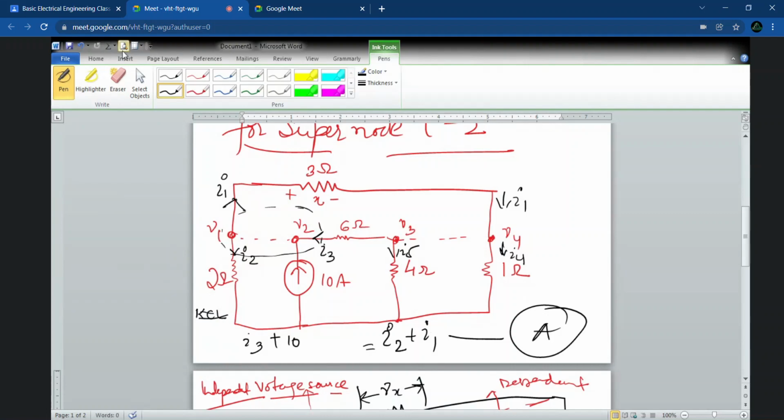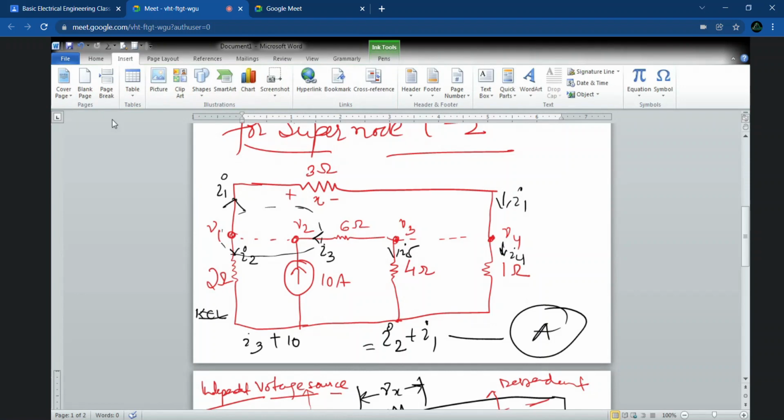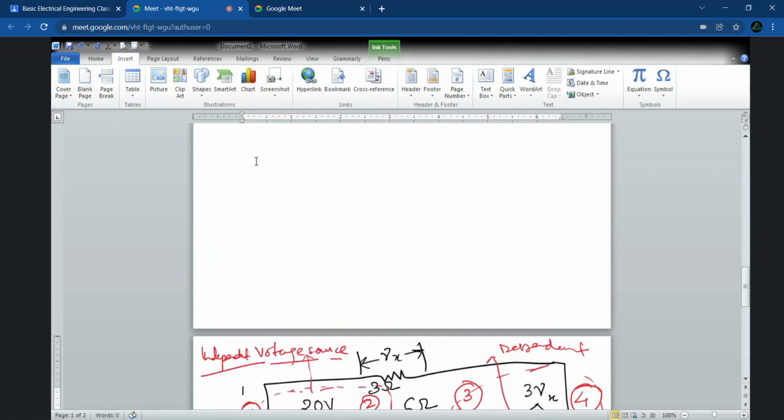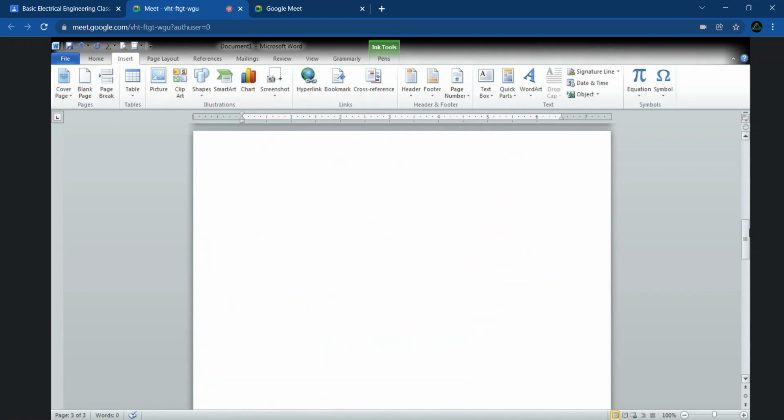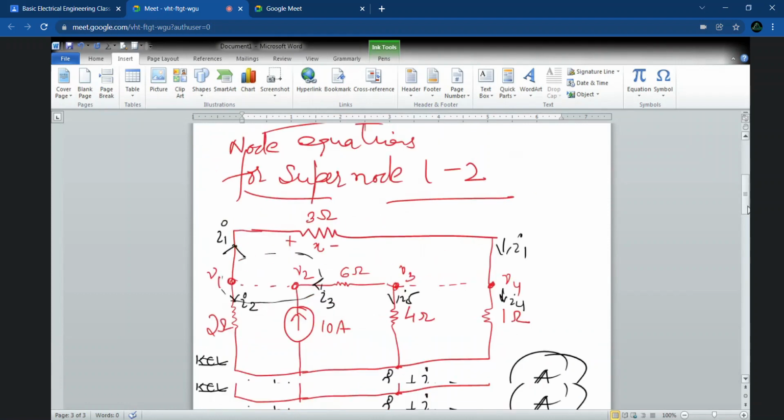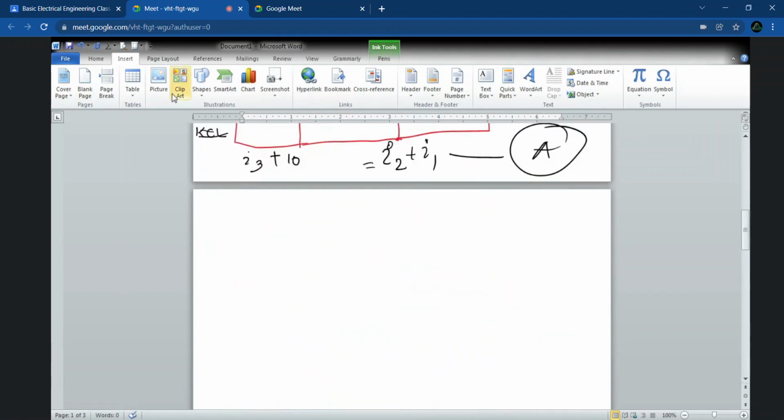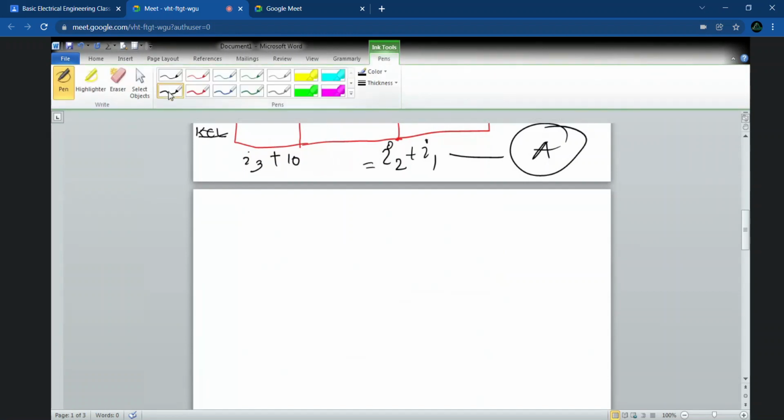Yes, ma'am. Now what we need to do, because we don't have the value of currents over here, we need to mention these currents in terms of voltage, in terms of V and R. So how will you write it? We will write it as V3 minus V2 divided by the resistance between them plus 10. This value is equal to V1 minus V4 divided by the resistance between them,